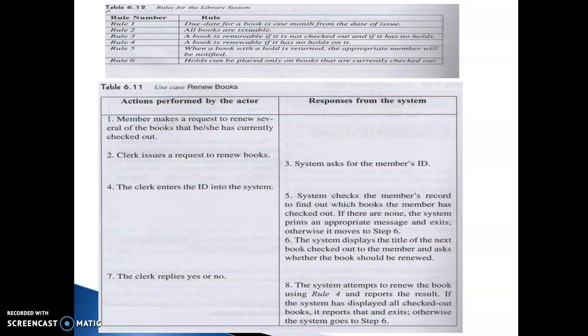And if all the books have been checked, then the process ends and you can conclude the use case renew books. Until you submit all the books with the user ID, you will be prompted with step number 6. When all the books are renewed, that's the completion of renew books.